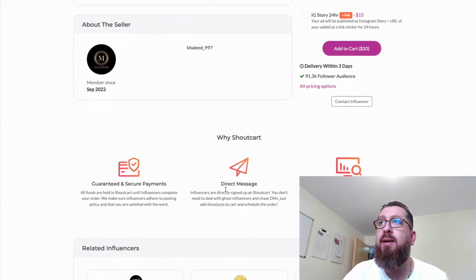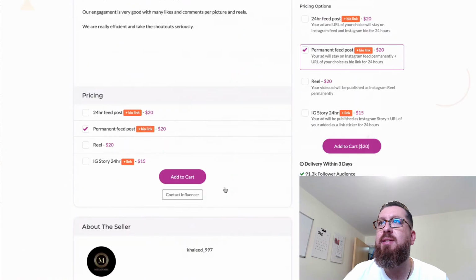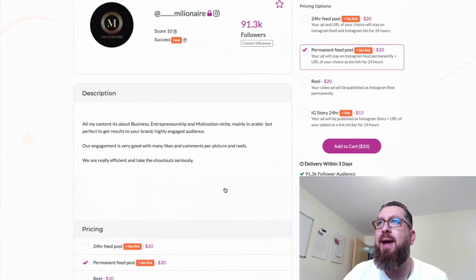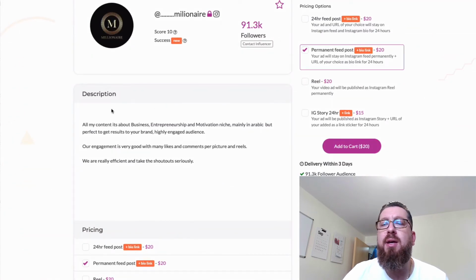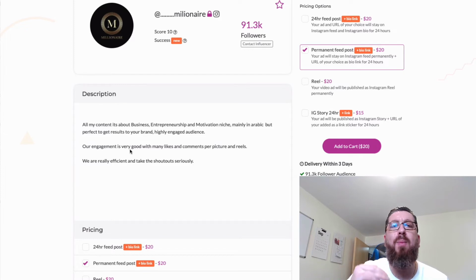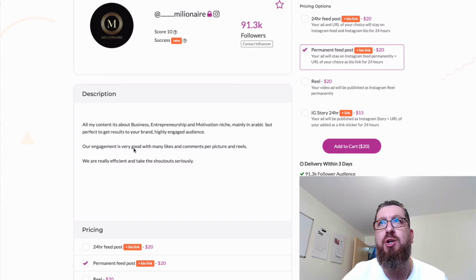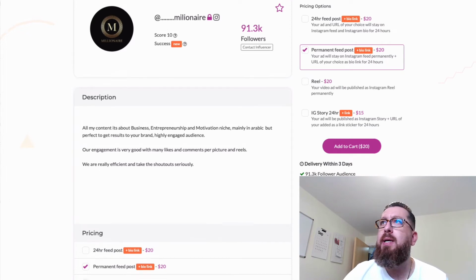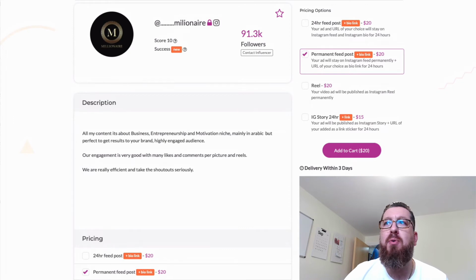You'll be able to find the statistics of the page. It doesn't say here, but you'll be able to find out how many likes they get, how many clicks they get, how many views. You will be able to get that information from these people, to see how many people you're likely to get.